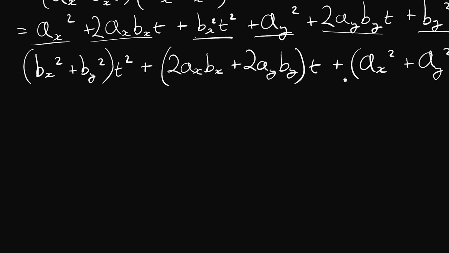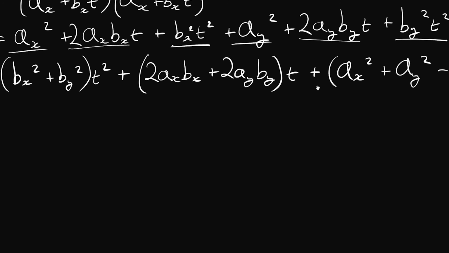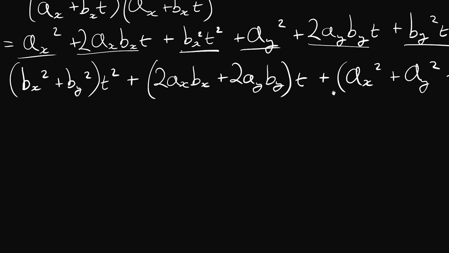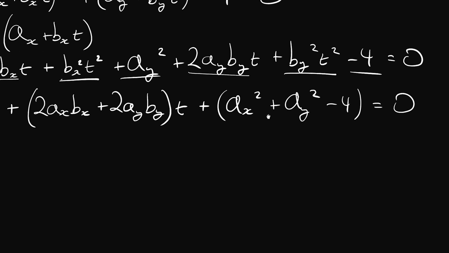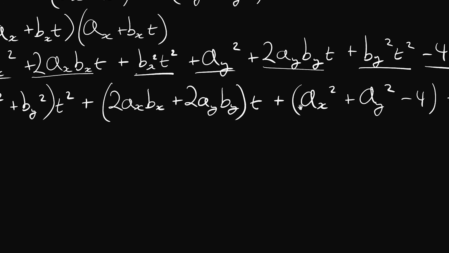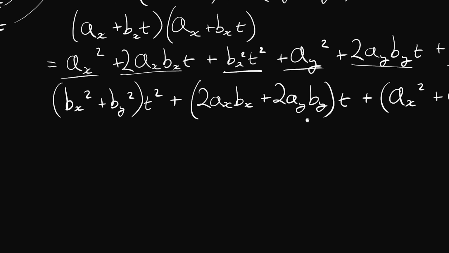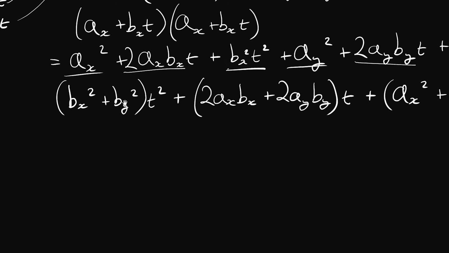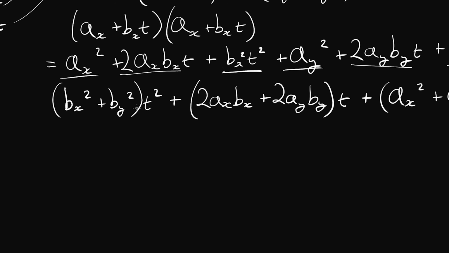Okay, so now you can see quite clearly, hopefully, that we have a quadratic equation. I've deliberately put it into this form first before subbing in the actual values, because remember, we know these values. The only value we don't know is t. Bx and by are just the directional values, the directional vector of our actual ray.